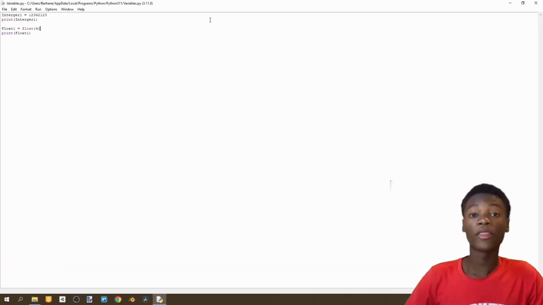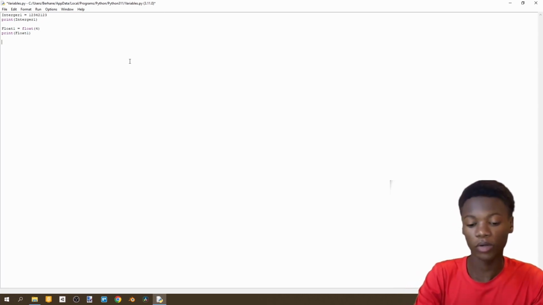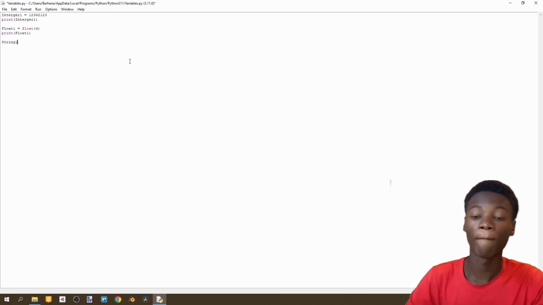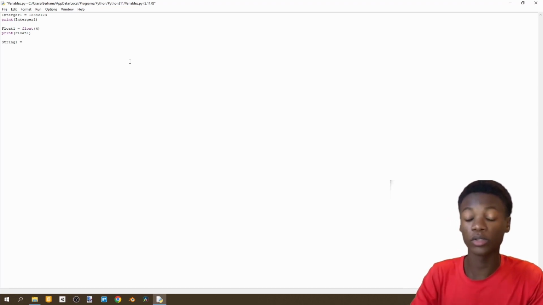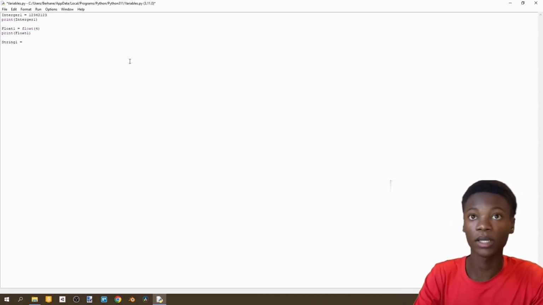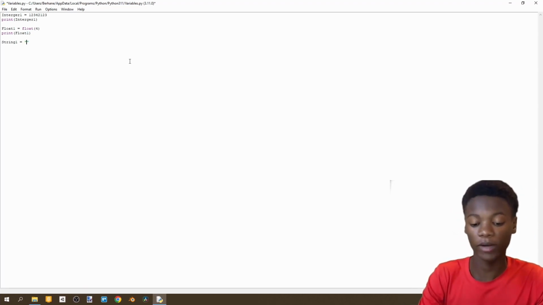The third data type we're going to go over today is a string, and a string contains any combination of alphanumeric and special characters, and this text is enclosed by single or double quotation marks. So let's get to the string example. Our third data type is strings, and if we go to our code and press enter, we're going to call this string 1. And as I said, to define a string, you either enclose your text in double or single quotation marks. And what I would advise is to use double quotation marks, because if I'll write a sentence now: